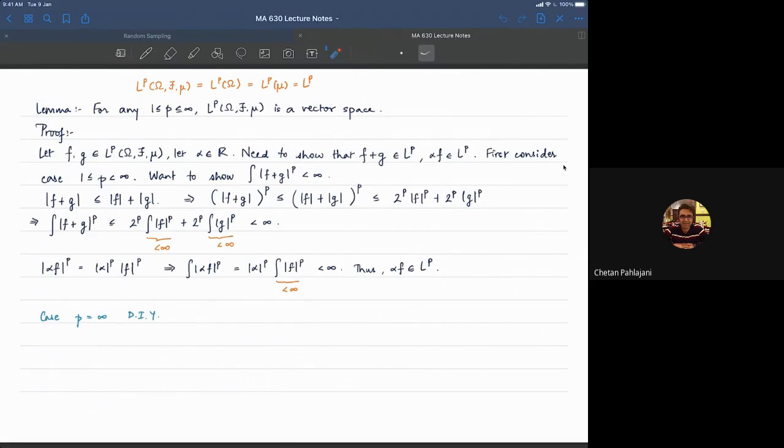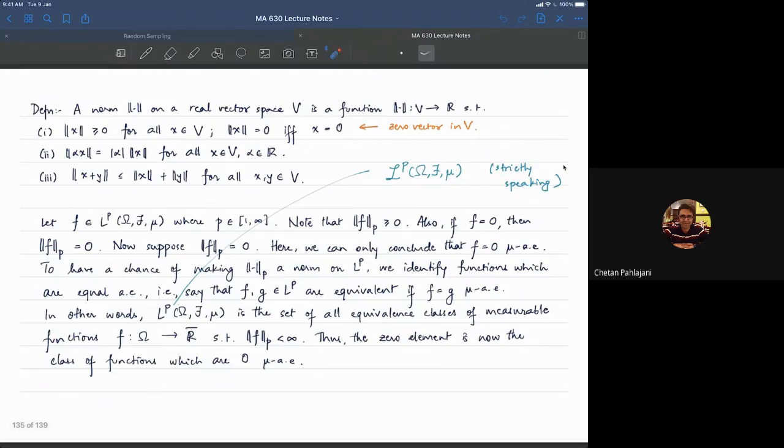This is done. Then we reminded ourselves last time what a norm is. A norm is basically a notion of length. Then we saw that there are 3 properties you need for a norm. The third one is the triangle inequality. We still have to get to that. The second one will be true quite easily. The first one requires that norm x is greater than or equal to 0 for any x. That is not going to be a problem. There was a little issue with this one.